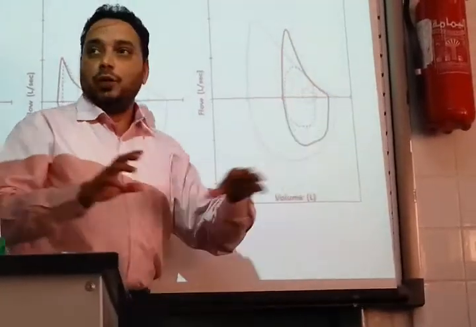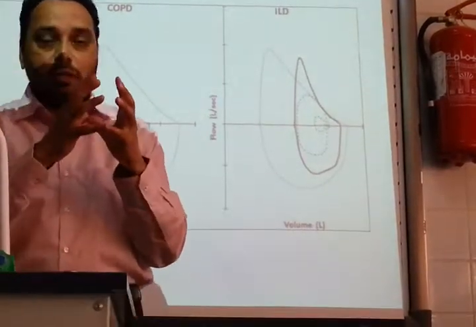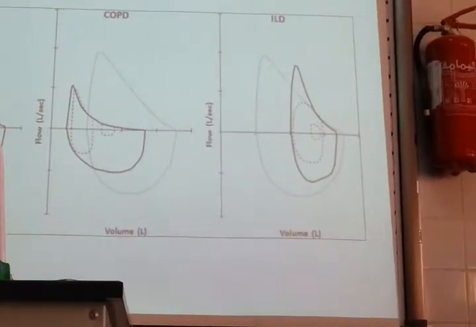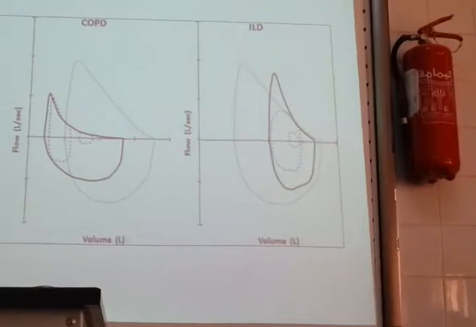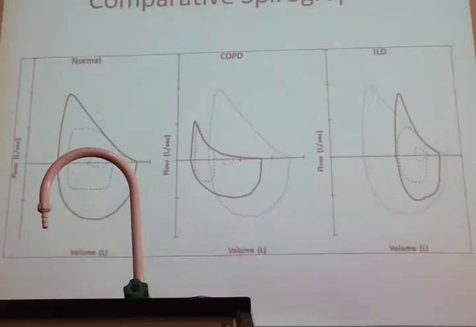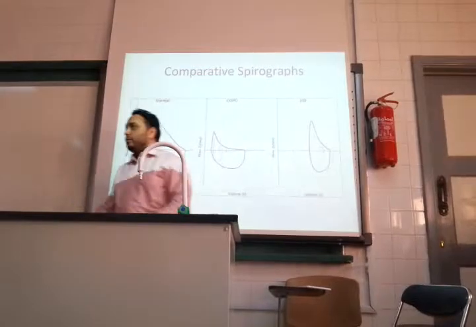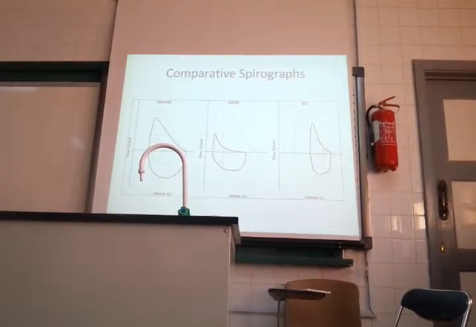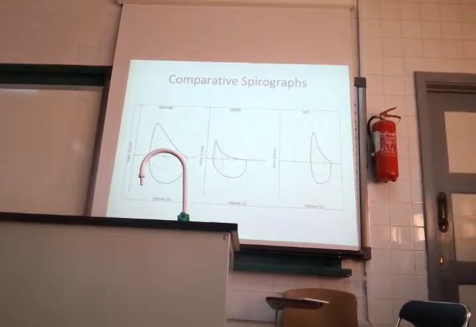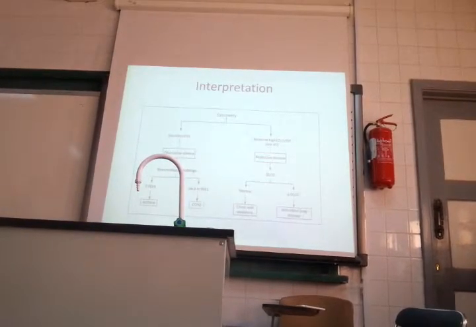But the volume of air that is going out and the shape of expiration remain the same. In expiration there is no problem, but in inspiration there is a problem. Why? Because the lungs are not able to expand, because there is restriction from within. Are you understanding the difference between obstructive and restrictive? Just look at it, compare it with normal. Here also the normal is given, here also the normal is given. And you will very easily remember and understand the differences in the spirometry or spirograph as compared to normal in case of a restrictive and obstructive condition.